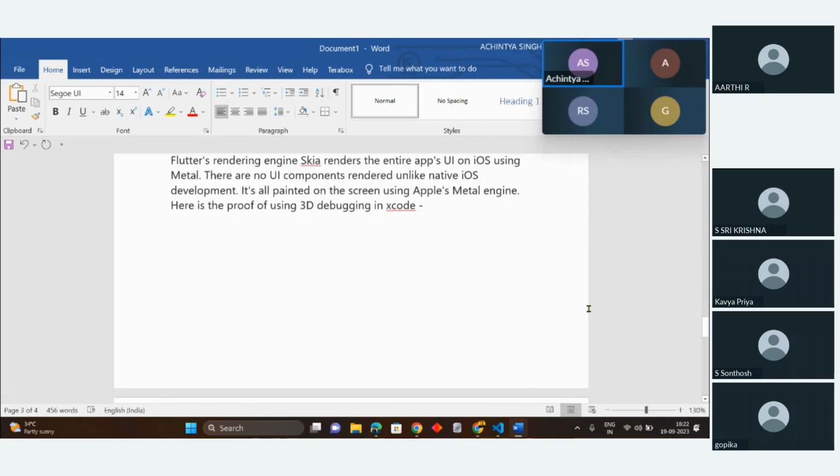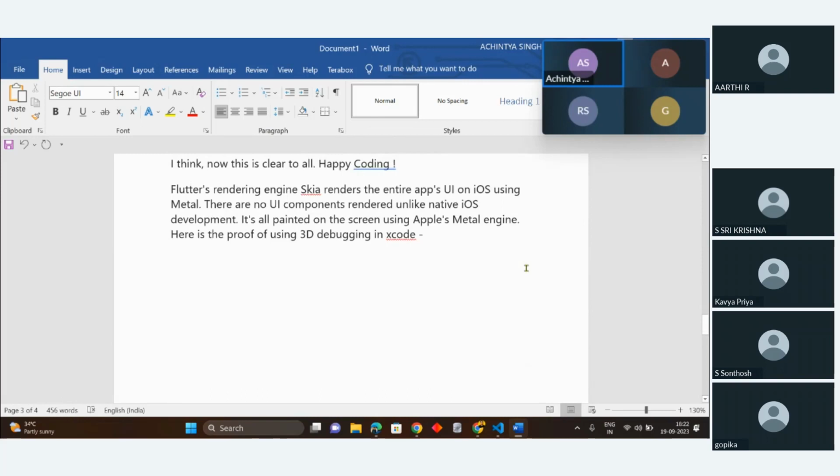If you have a MacBook, you will know, if you develop applications for iOS, there is something called Apple's Metal Engine, which is responsible to run the iOS applications, or make the applications eligible to run on this particular iOS environment or operating system. So Flutter's rendering engine is called Skia, which re-renders the entire app's UI on iOS, particularly iOS I'm talking about, using this Metal engine, which is called Apple's Metal Engine. There are no UI components rendered, unlike native iOS development. So actually, when you develop in Swift directly, only for iOS, those actually,